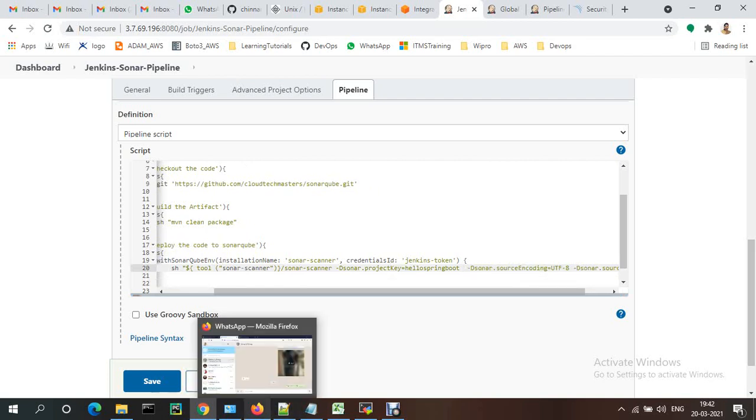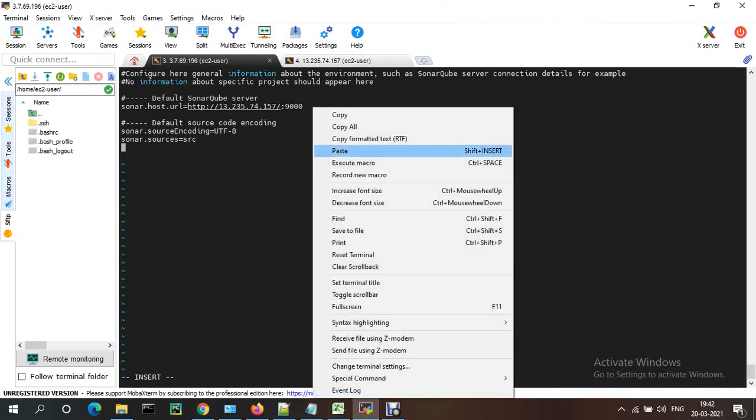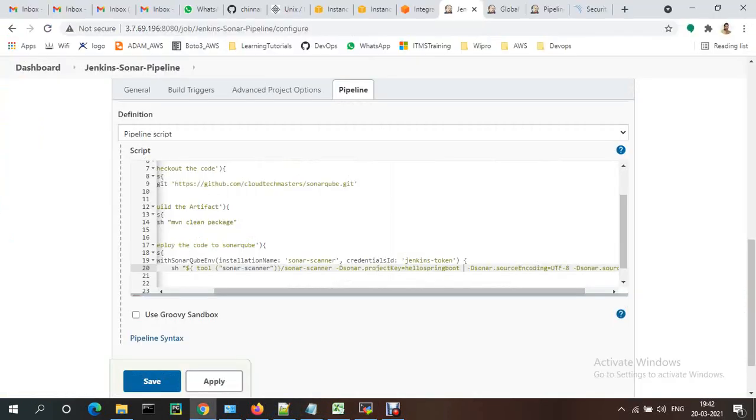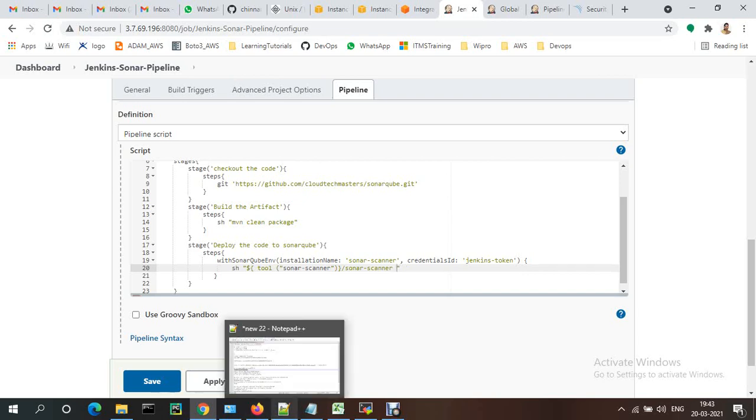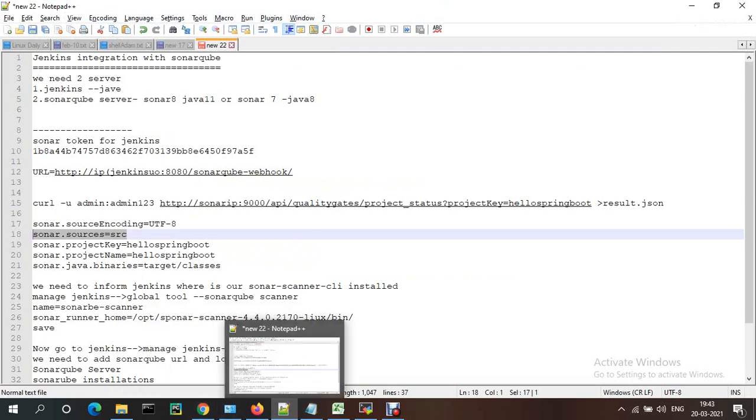I'm just declaring here only, and the source and forwarding, this is already there. I'm just removing this one, and this one also just removed, already updated the sonar sources, and project key also. DF and project key. Okay,